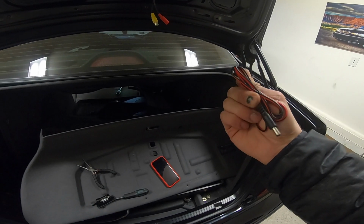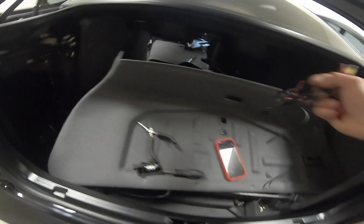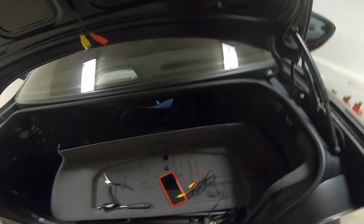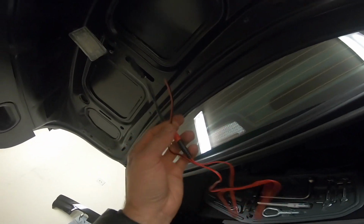And the other side, we are going to have to hardwire this into the brake light, or sorry, not the brake light, the reverse light, and that will allow the backup camera to activate when we put the car in reverse. All right, so what we're gonna do is take this small black and red wire, and push it up